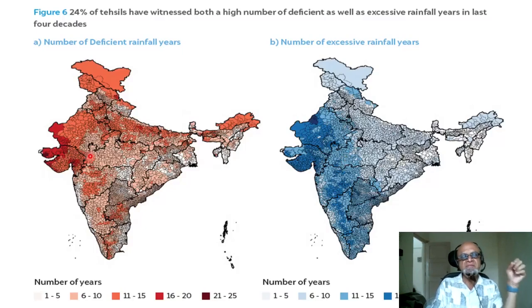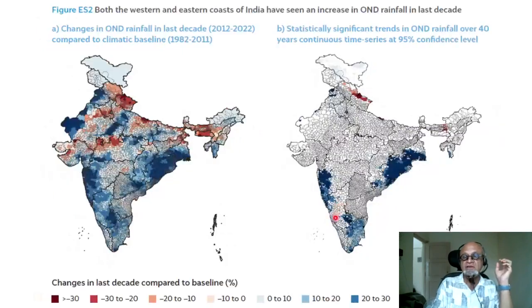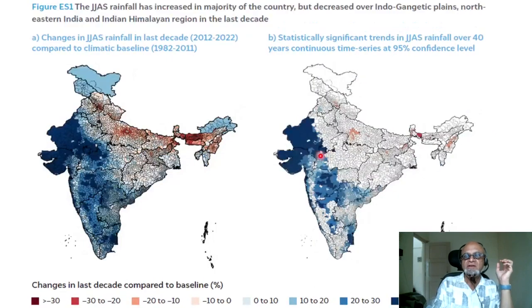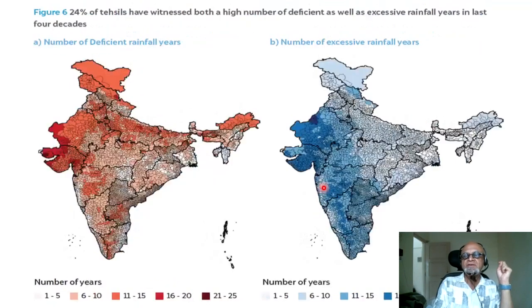So this means there is a mix of deficient years and excessive years, especially in some regions like the northwest, central, west, northwest here, and peninsular India on the eastern side of the Western Ghats, which also got some rain here during OND as well as during JJAS. Okay, so this is just the